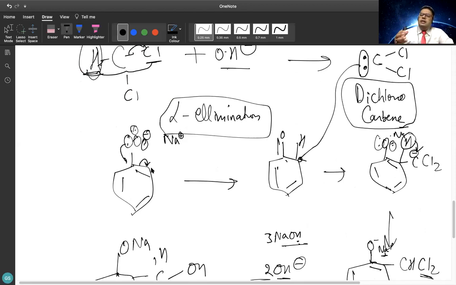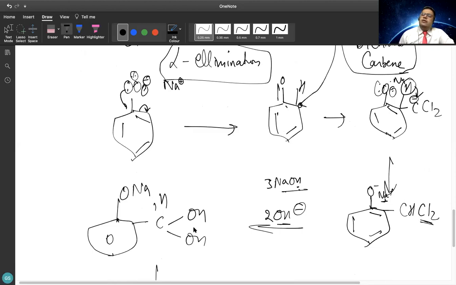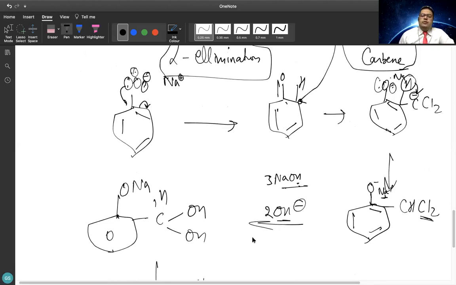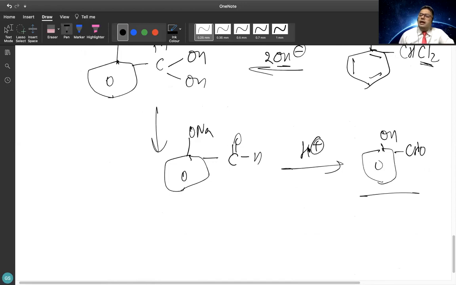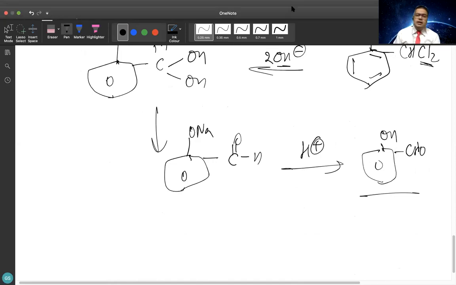The thing is, a carbene is a little electrophilic in nature, and like I said before, organic chemistry is all about acid-base reactions. So an electrophile will definitely attack a nucleophile, and with this attack, benzene loses its aromatic character. And once it loses that aromatic character, it tries to regain it by removing this H from this bond, and this H is shifted to Cl2. It will become CHCl2, and finally the geminal diol will be formed, which will give you this. And if you want to get rid of this Na, add some H+, you will get OH. This is salicylaldehyde, and this is all about the Reimer-Tiemann reaction.